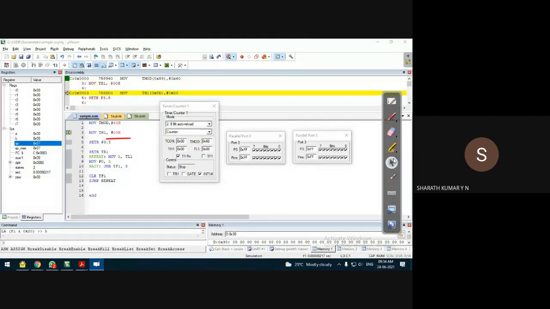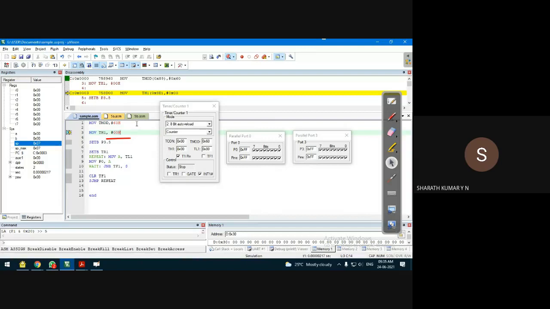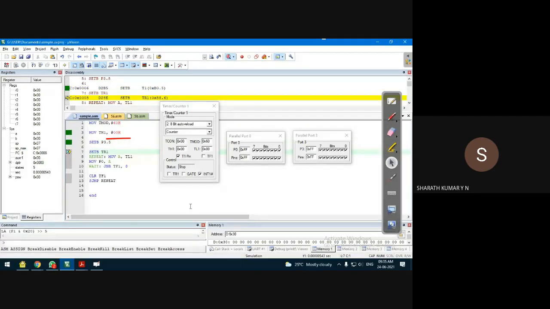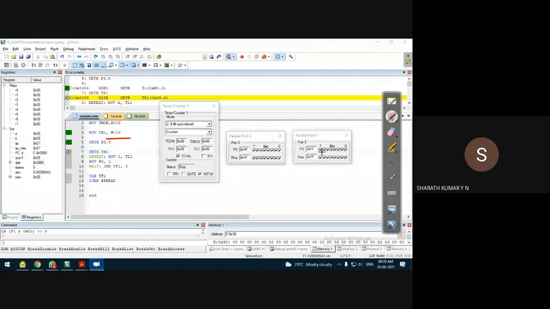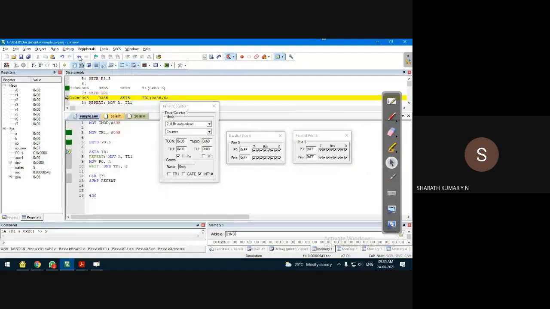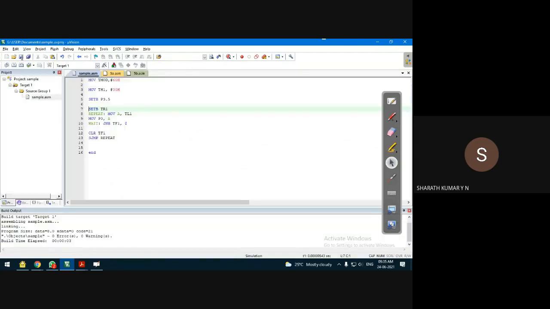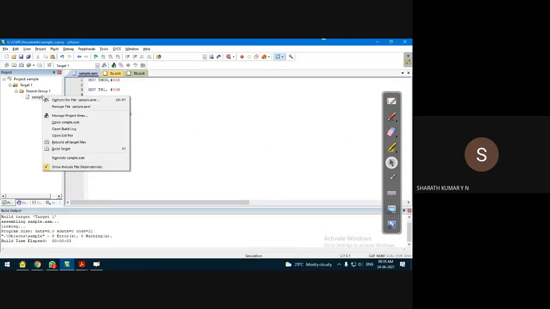Okay, so next line of execution, initial count is 0. Anyway, no problem. TH1 is set to 0. So now set bit P3.5 to 1. It's already set to 1 actually. No problem. Where to check P3.5 set to 1, guys? If you check here P3.5, you could notice that all the bits were initially set to 0. How to observe that? Let us come back and repeat this again. Initially, I'll set all the bits to 0. Then I'll show you how P3.5 is being set to 1.